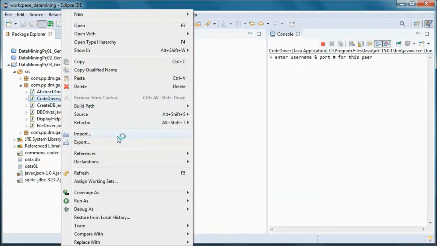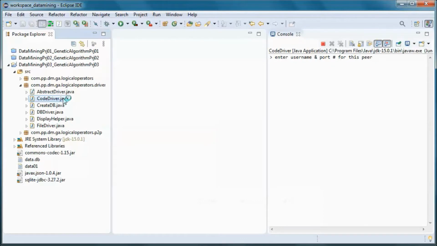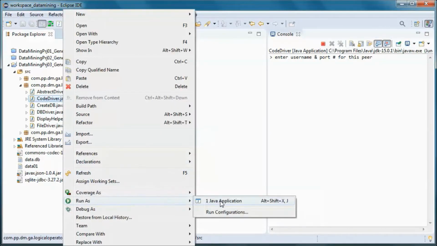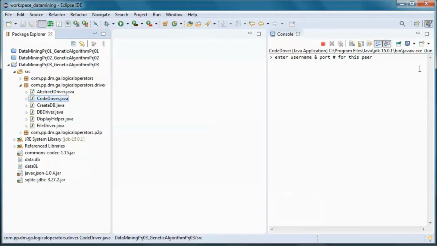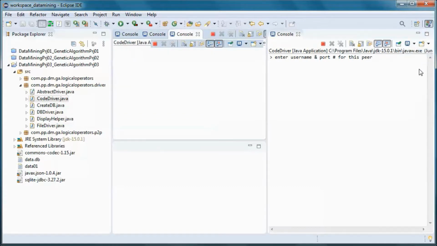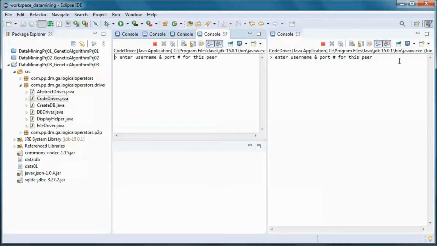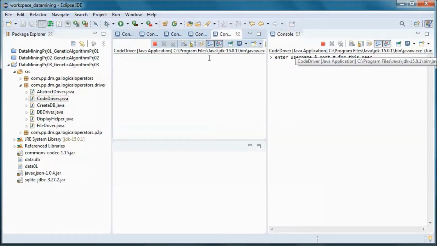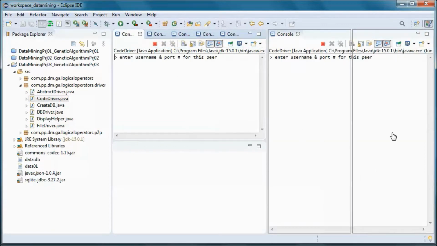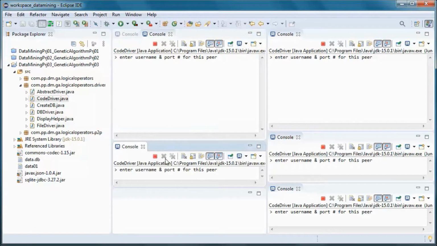And we'll have six peers that will be cooperating in trying to find a formula that uses logical operators, and we will be using genetic algorithm in order to evolve the population from one generation to the next using selection, crossover, mutation, and elitism.